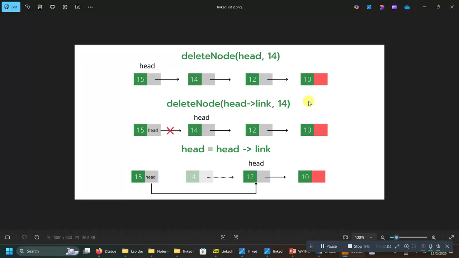In the two previous videos we had explored the process of creation and traversal through a single linked list. So now we are going to see how we can delete nodes from an existing linked list. So the basic idea of deletion is that